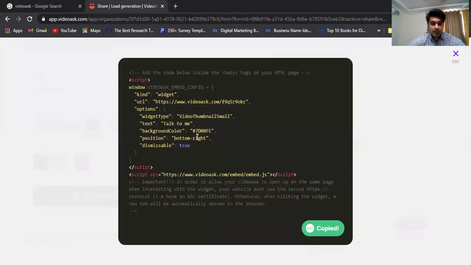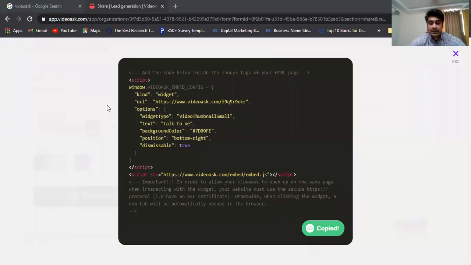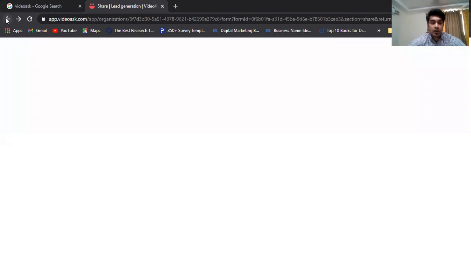Now one last thing is how we will integrate it with Zapier, that I want to show you. Because if a person enters his email ID and name, I want it to get automatically stored in my Google Sheet without any tension, so that I can refer to it whenever I want. So I will show you how we can integrate it with Zapier.